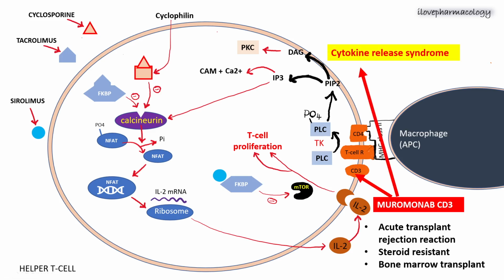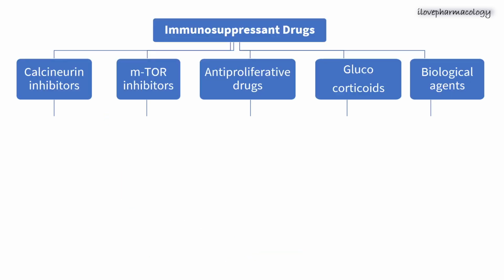So basically these groups of drugs are useful in prevention of rejection during organ transplantation as well as in the treatment of autoimmune diseases. So just to summarize the immunosuppressant drugs, you have calcineurin inhibitors. Examples are cyclosporin, tacrolimus,